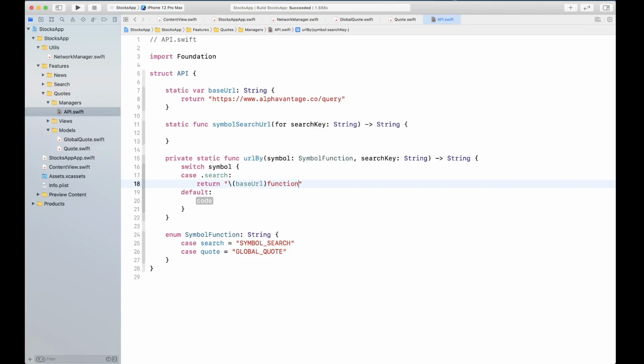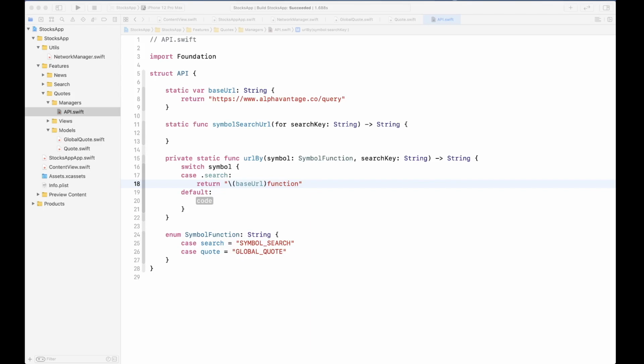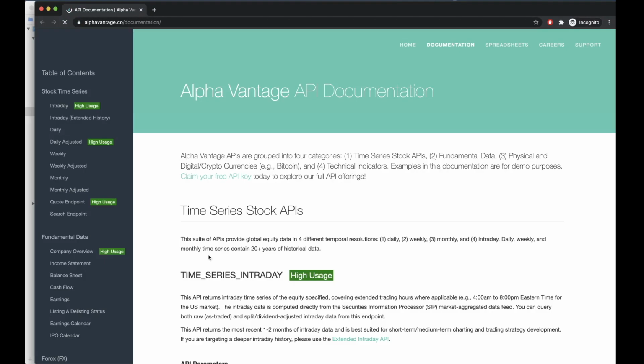So base URL does not have a query. Okay, so let's take a look at the documentation one more time, because I want to make sure that we get the correct URL.